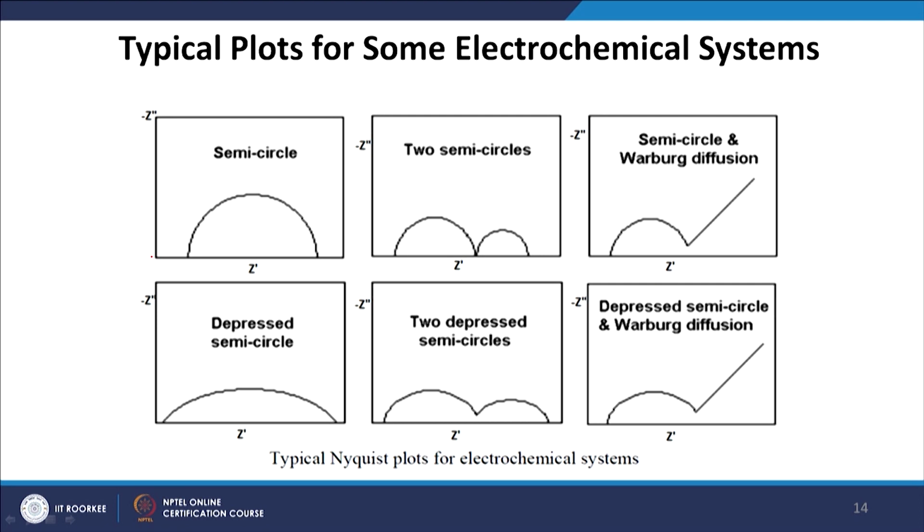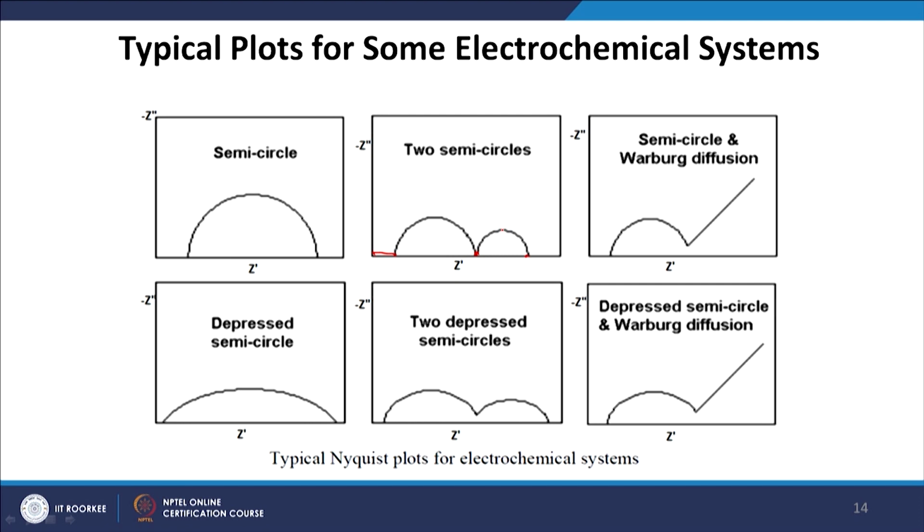So, basically this is a resistance which is connected in series to a parallel resistance and capacitance, where the last resistance and capacitance are connected in parallel with each other. It can be two semicircles, but the diameter of the semicircles is different, right. So, that means the value of the resistance is different. That means we have one resistance here, another resistance R1 here, another resistance R2 here, and the values of R1 and R2 are not the same, and we also have two different capacitances C1 and C2.